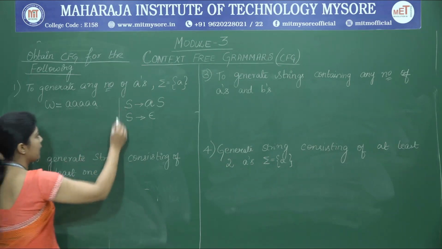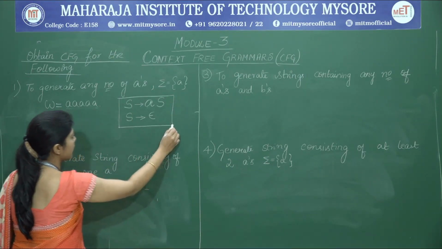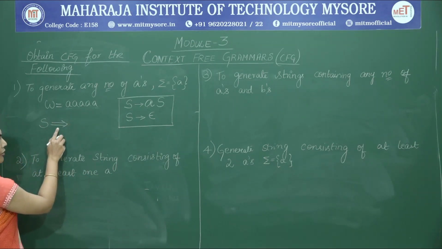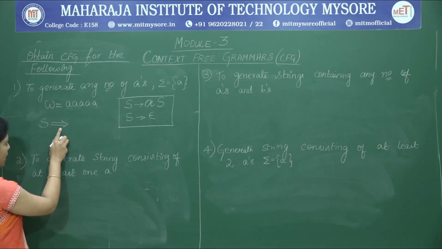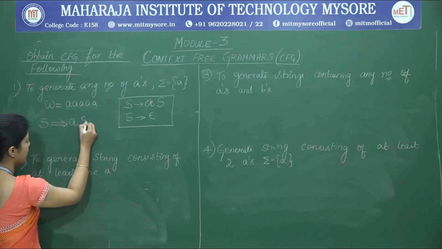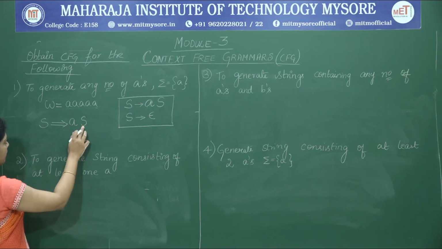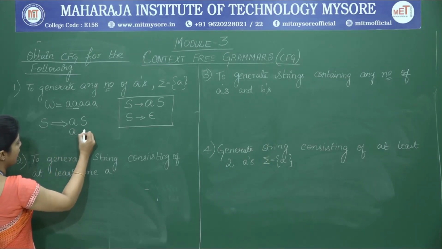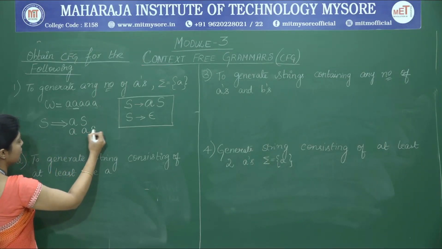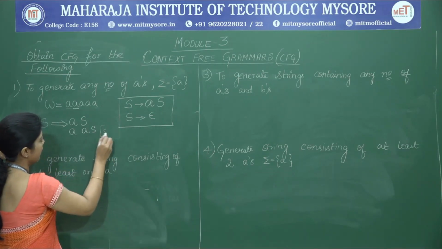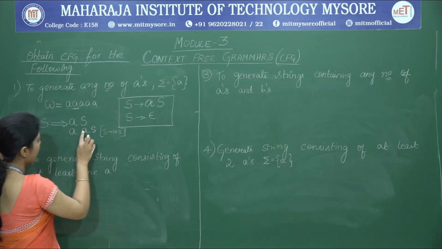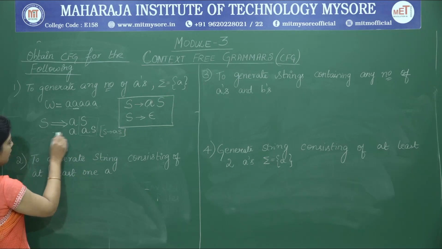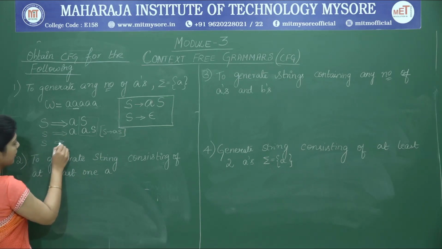So we will see if I will be able to apply these rules to get the desired output. First we start with S goes to. The derivation steps will always include a double arrow mark, and then I start with AS. So S, I should see I have to produce another A. Therefore again we are going to use the same production, which is that S goes to AS, and we substitute S goes to AS. Next we will take another step.